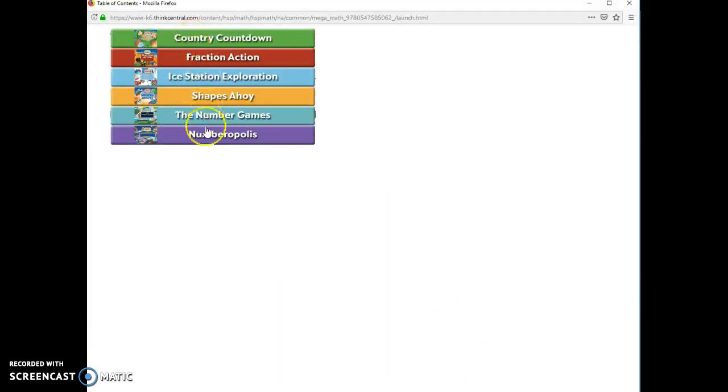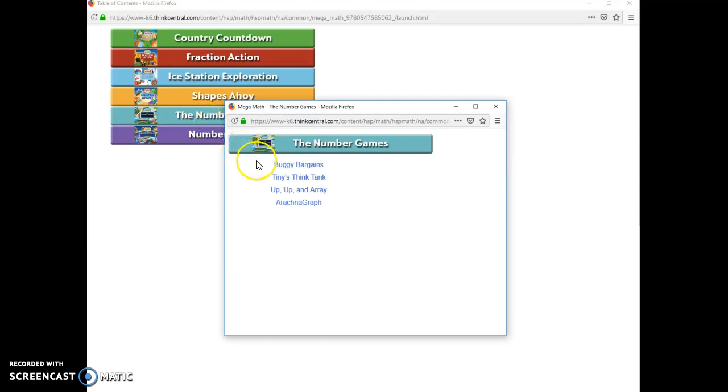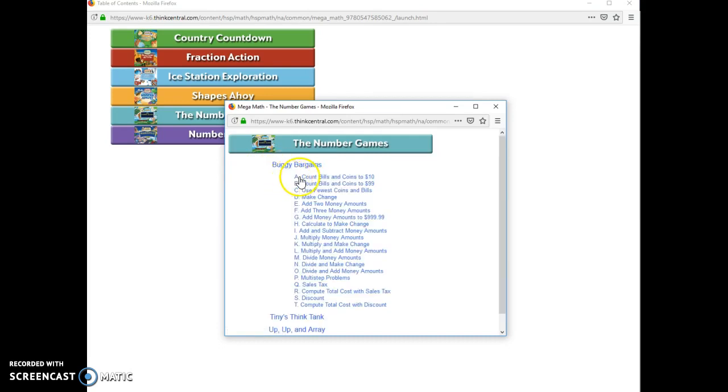We have 6 different categories here. We in the computer lab have had a lot of fun with country countdown games and the number games. If we click into one category, the number games, you get additional categories of games. Buggy Bargains has to do with counting money. If we click into Buggy Bargains, and if we pick the first game here, count bills and coins to $10,